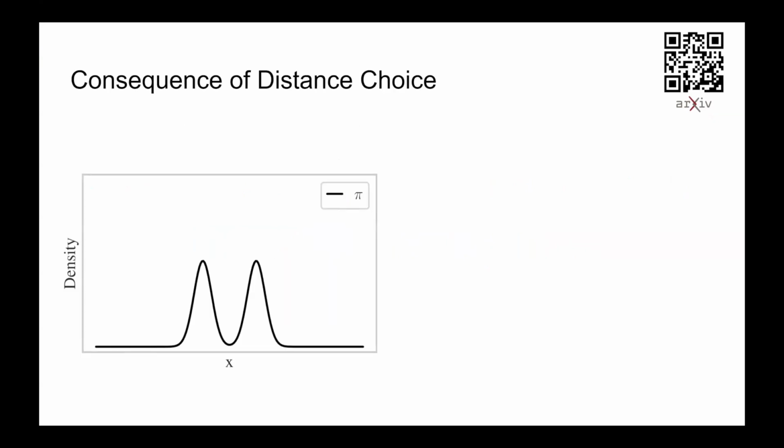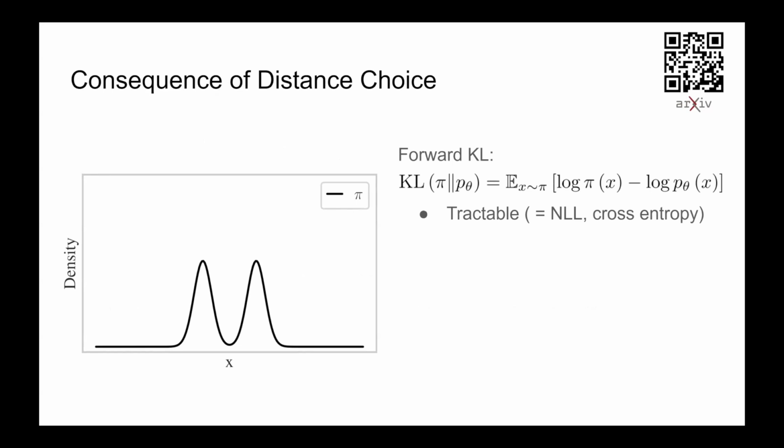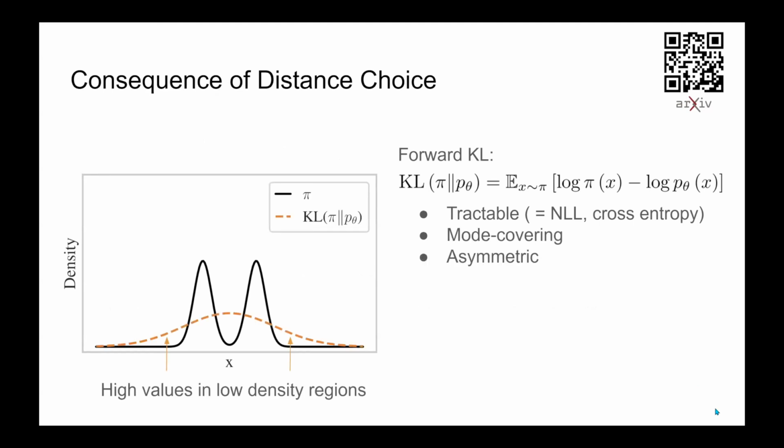So for example, if we have a true distribution which is a mixture of two Gaussians, and our model is a single Gaussian, we can minimize the KL divergence, which is very easy to compute, but it has a mode covering behavior. So again, it is able to capture both modes, but it also gives some probability to regions that have zero probability. This is partly because of the asymmetry of the KL, because note that if we switch those two distributions,